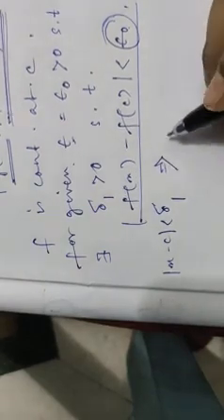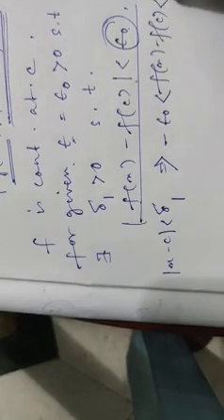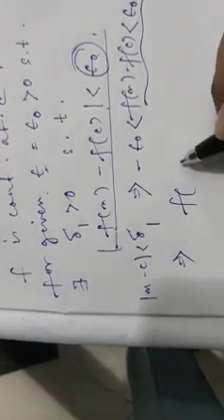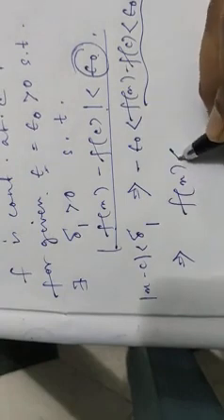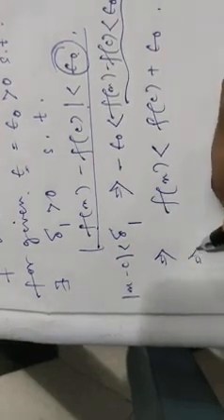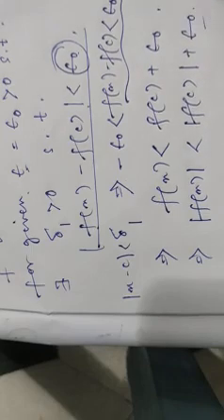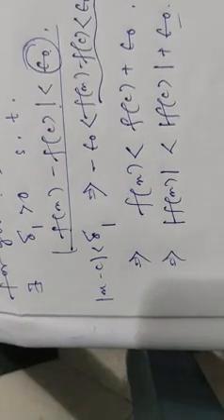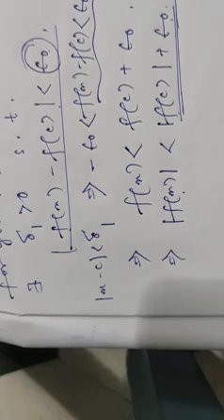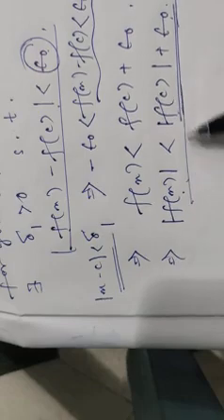So now from there we can write minus epsilon naught, just breaking this mod, less than f(x) minus f(c) less than epsilon naught. So taking this part only, we only need that part, f(x) less than f(c) plus epsilon naught. That means mod f(x) less than mod f(c) plus epsilon naught. Epsilon naught is positive, so no need to take modulus over there. Now check, this could be treated as an upper bound for f(x) whenever x belongs to this range. So we will use this inequality over there.